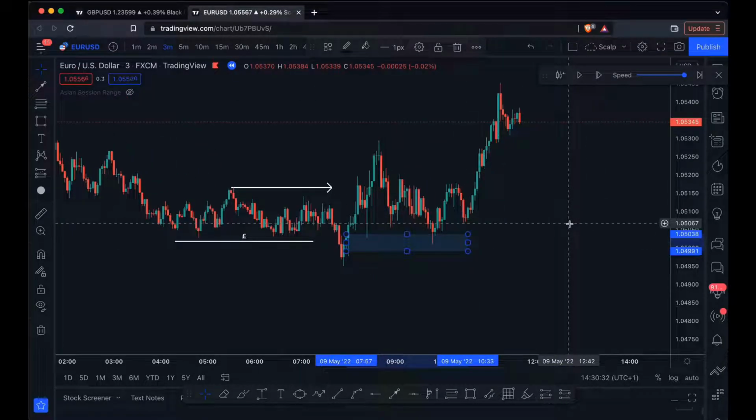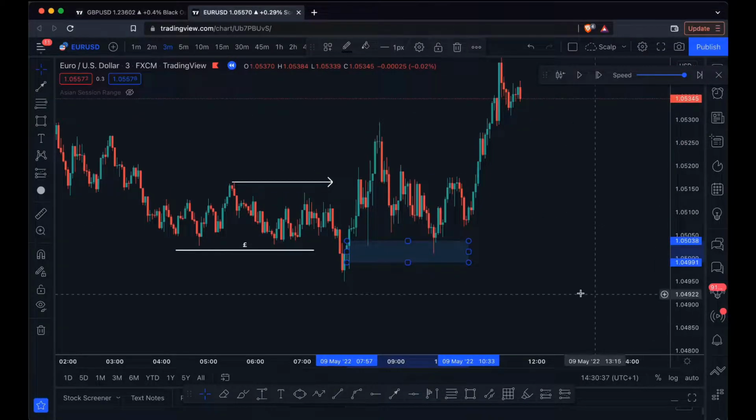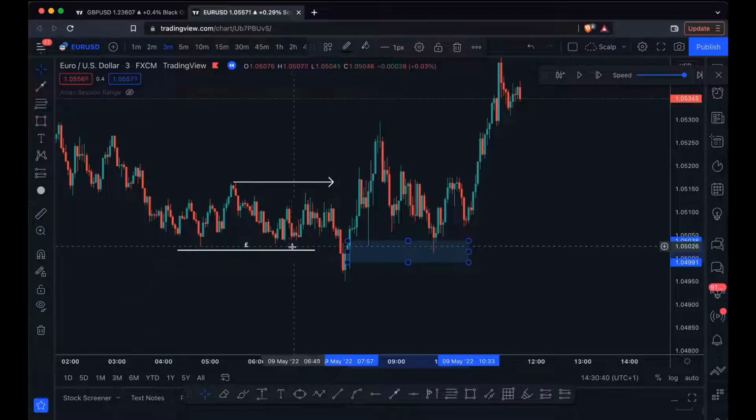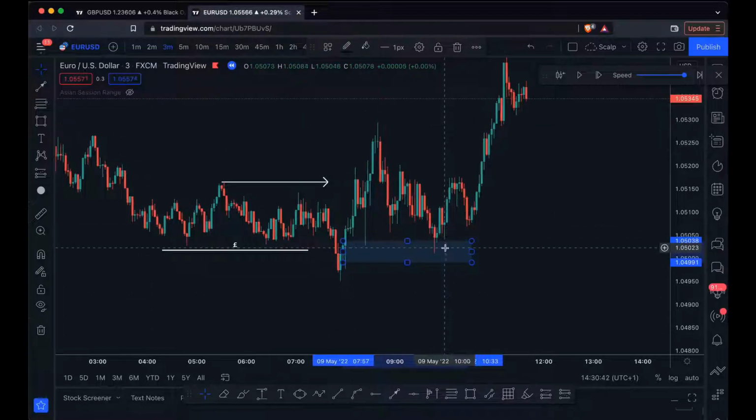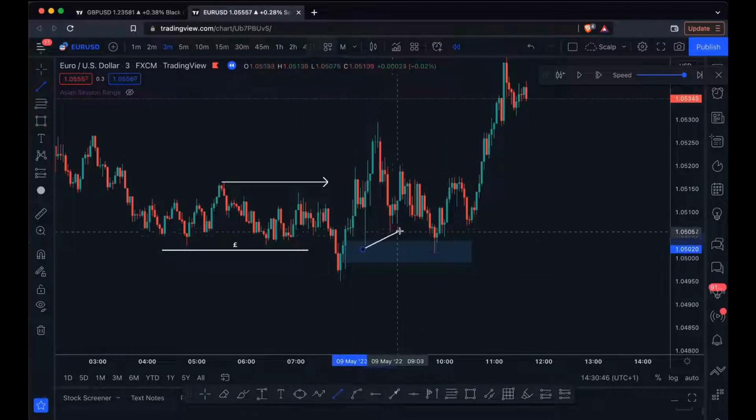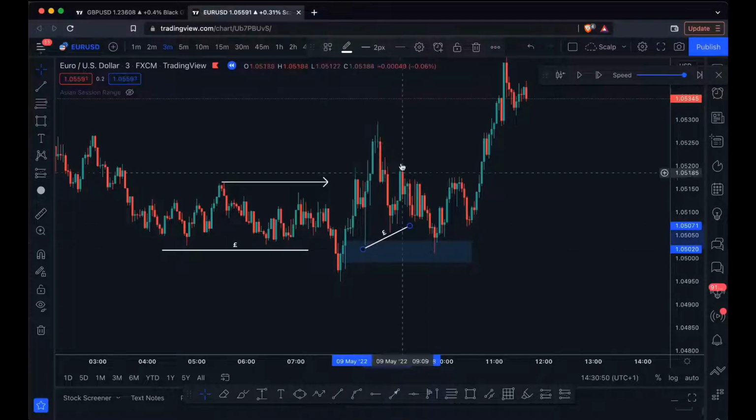Now, I'm not sure if you spotted this or not, but for this example, it's actually a double accumulation. So let's go over that. So here's an accumulation here. We've pulled up, we've pulled down, but we've also had liquidity being produced over here as well. So there's a liquidity, price pulls down, liquidity grab at this point, because it's cleared all the liquidity,